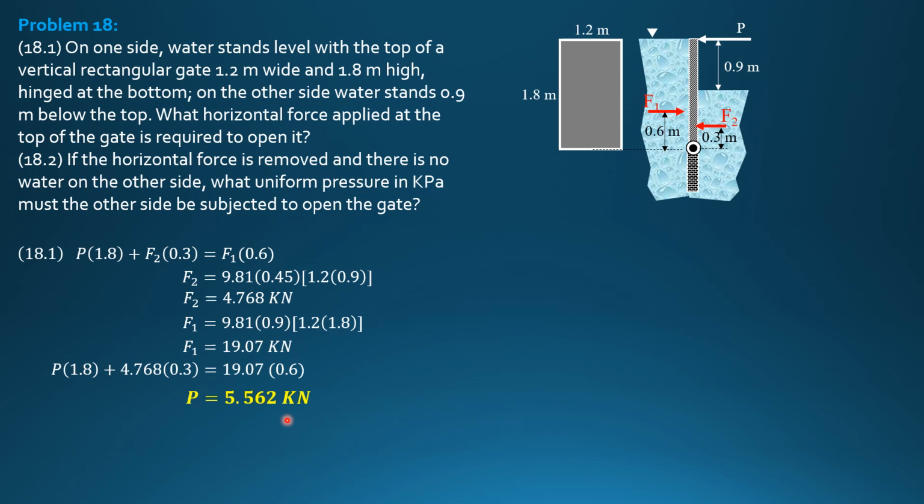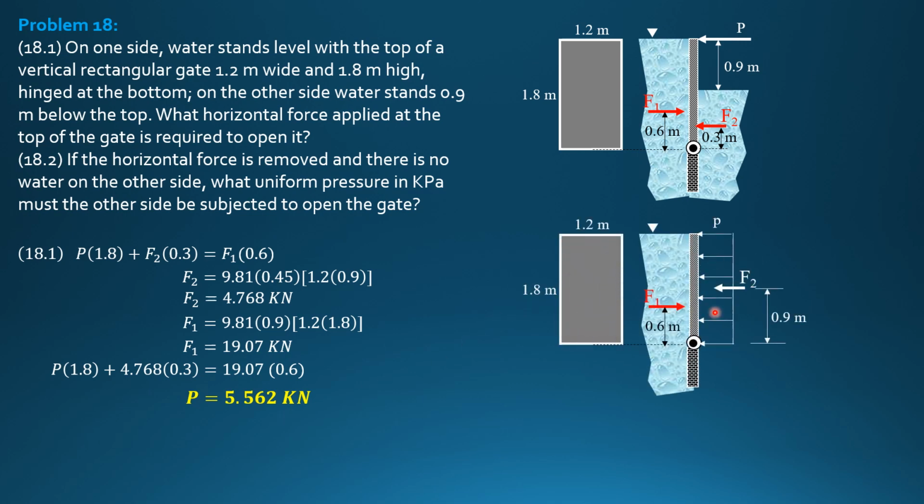And in the second part, that's the figure. So F1 is still 0.6 meter from the bottom because it is unchanged. F2, because the other side is subjected to uniform pressure, is half of 1.8, so 0.9 meter from the bottom. Where F2 this time is equal to the volume of this pressure diagram, which is P times 1.8 perpendicular